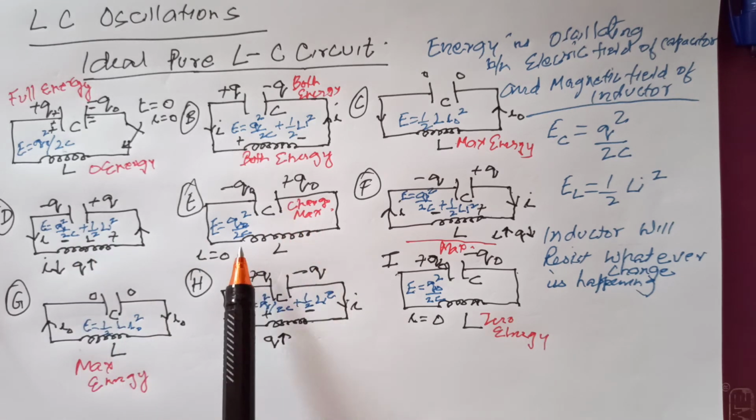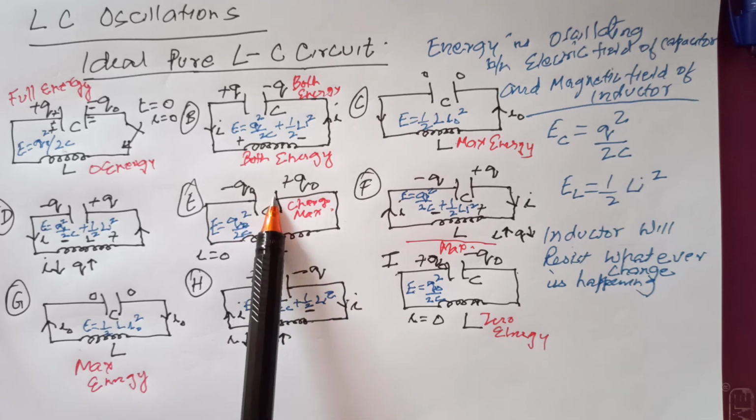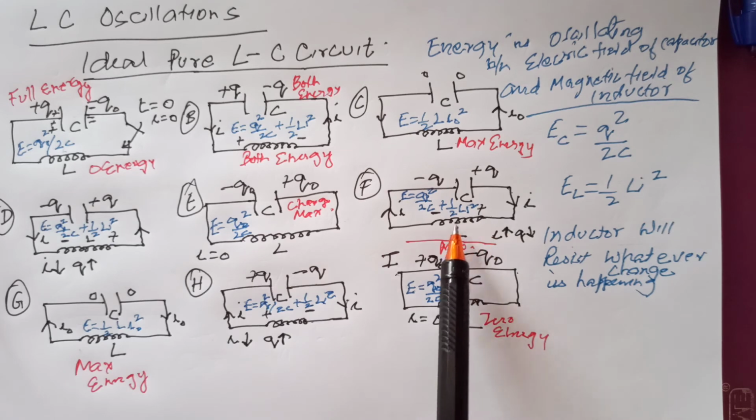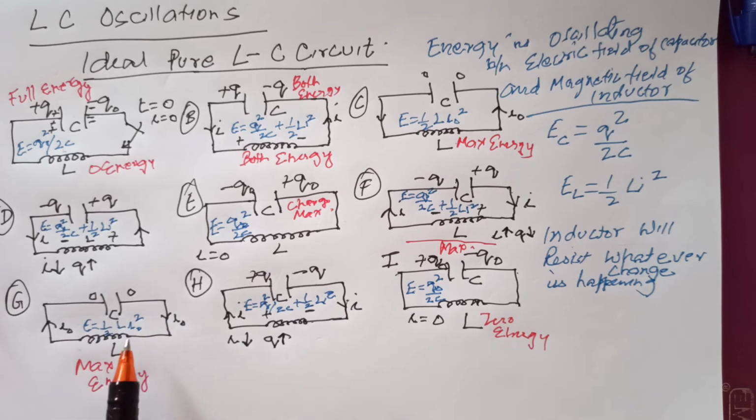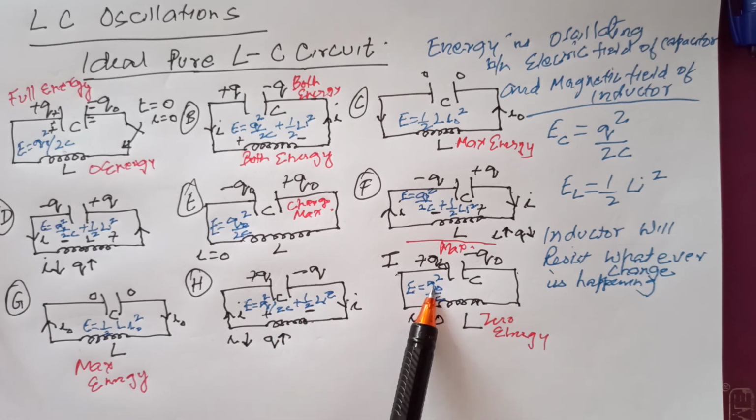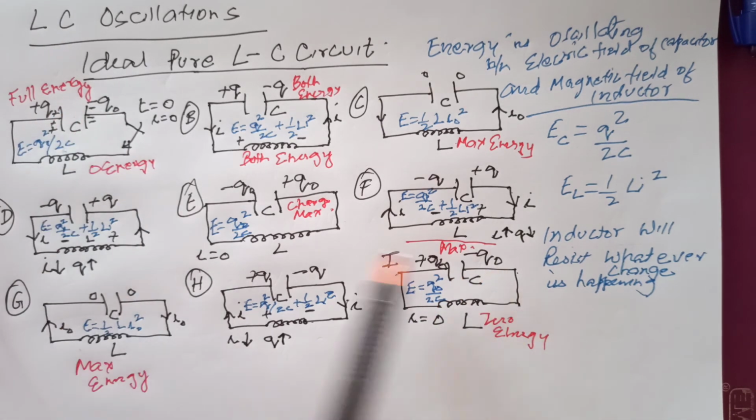Then in this case it moves entirely to the capacitor, because the current is zero. Now again it distributes between the capacitor and inductor. Now the total energy moves to the inductor because the charges become zero and the current is maximum. Again it gets distributed, and finally we arrive at the same state as before. The entire energy is at the capacitor, with the same polarity: this is minus and this is plus.